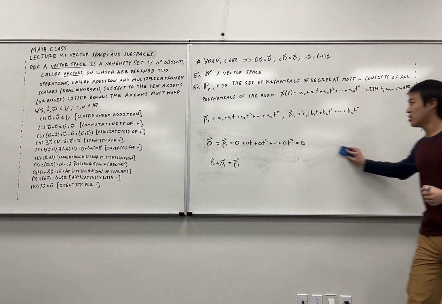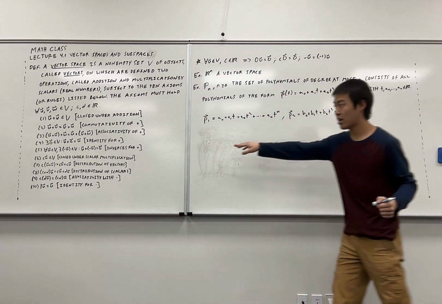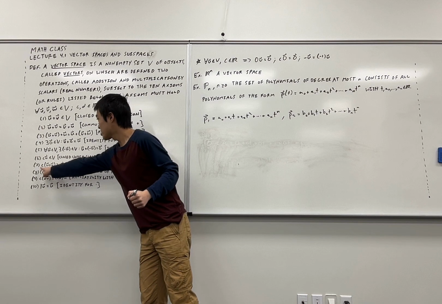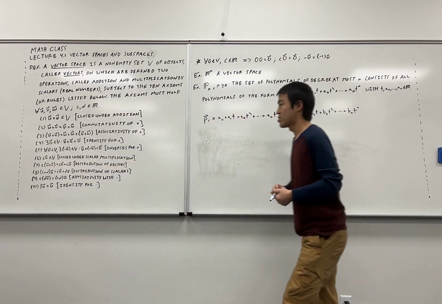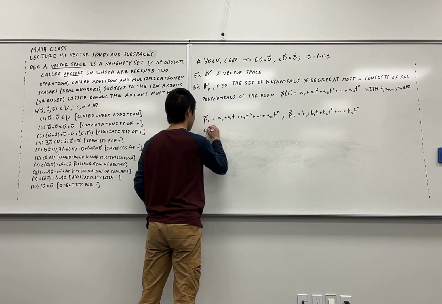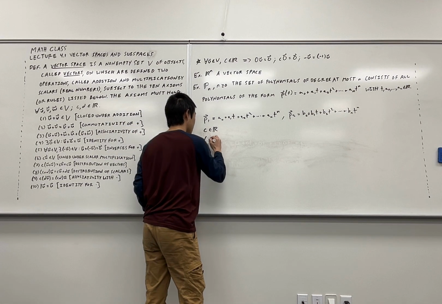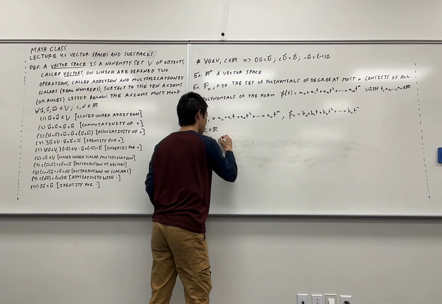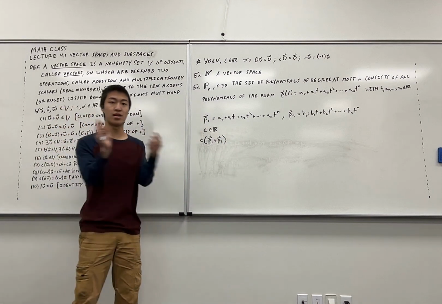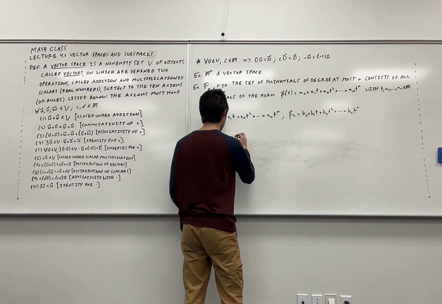I'm not going to show all of the rest of these properties, but I do want to show at least one that involves the scalar distribution stuff. Like, for example, this c times u plus v, okay? So now say I take a constant, and so I have some constant c in R. And so is it true that if I take c times p1 plus p2, is that the same thing as doing that constant times the first polynomial plus the constant times the second polynomial? Well, intuition says obviously yes, and we can show that. Because that's going to be c